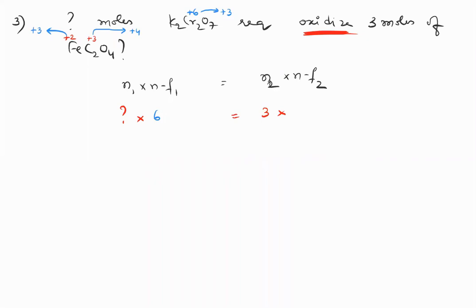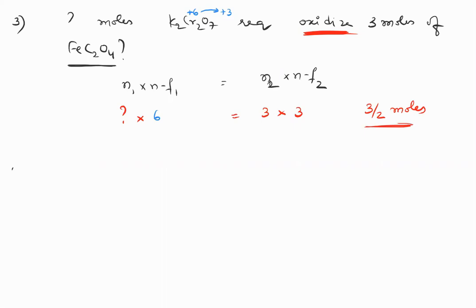And we already did this example before. So, what is the overall N factor? Add the N factor of both of them because both are getting oxidized. N factor is 3. Ferrous oxalate, N factor is 3 whenever you use an oxidizing agent on it. It's a very famous reducing agent, very frequently used. So what is the N factor of ferrous oxalate? 3. So what's your answer now? It is 3/2 moles.